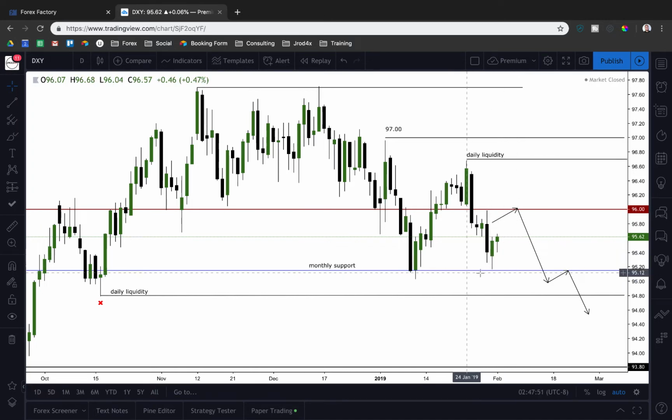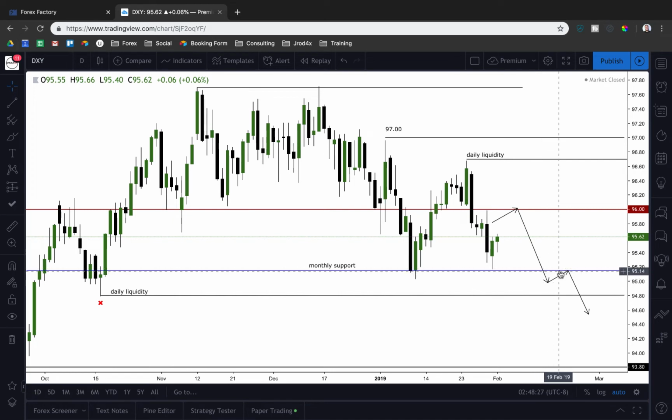Now, we have not broken below our monthly support yet, so I will be waiting for the market to get below that 95.20 level. Ideally, I would like to see them start rejecting early on in the week. In my eyes, there's no real reason for them to come all the way back up above the 96 big figure. So ideally, I'd like to see them stay below that and see a continuation to the downside. Again, if we can get below that 95.20 level, I'll be looking for a break and close below that, and then a retest of that level will provide another potential opportunity if you haven't gotten on board yet.